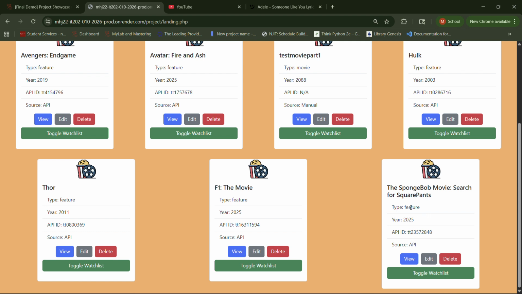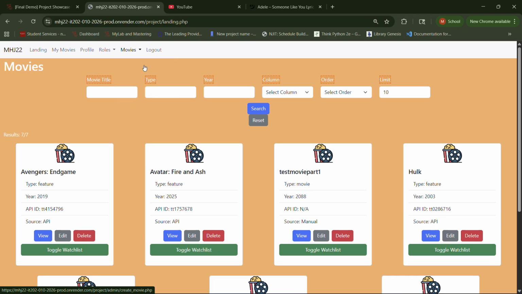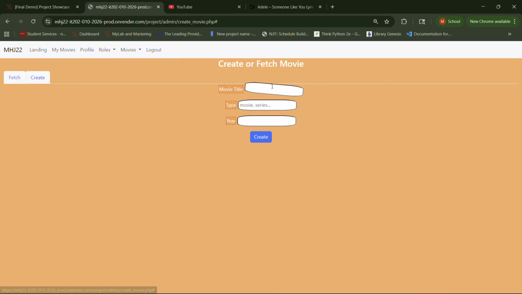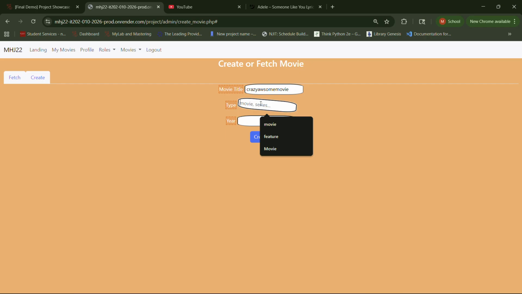It shows feature, type feature, year, the tag. Again, if you search this up, it's the tag for the movie, and source API because we fetched it, so it's API. So now I'll show a comparison to creating a movie. We're going to make this movie Crazy awesome movie. And we're going to make this a super movie. Let's do year